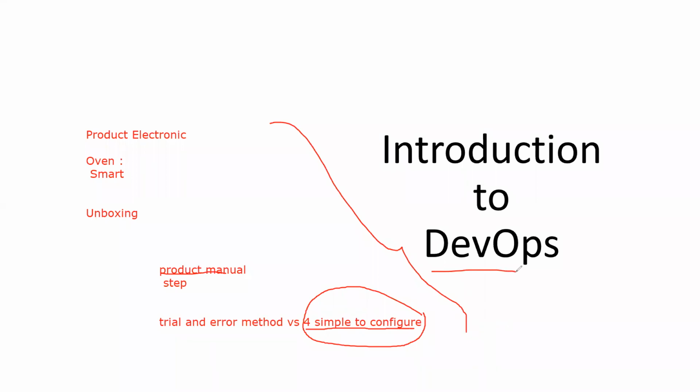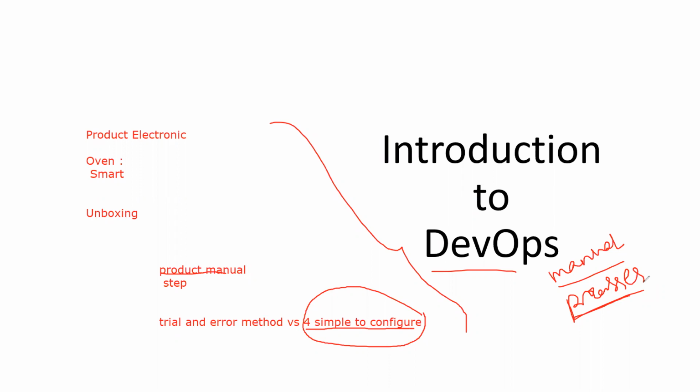DevOps is going to become the manual for you, the product manual or the deployment manual, a manual where you will be given the steps that you are required to follow. Instead of saying steps, let me put the word processes to follow. We are required to follow a certain process to build the project and to deploy the project. So there are some processes that are given to you that you are required to follow.